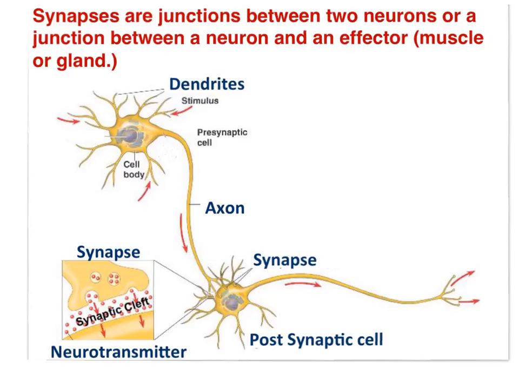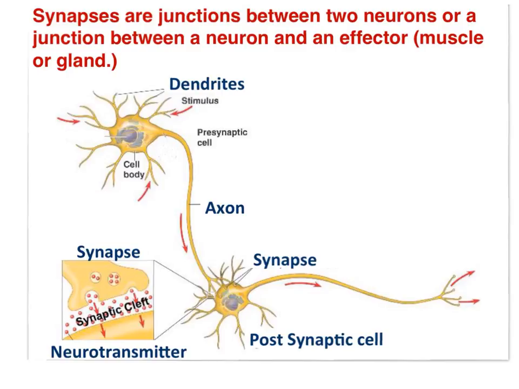So let's turn our attention to synapses. Synapses are junctions between 2 neurons, or a junction between a neuron and an effector. The effector would be a muscle or a gland. In this diagram, the synapse between this neuron and this neuron is right here, and it's expanded, as you can see here. You can see the axon terminal of the presynaptic neuron and the dendrite, which will have receptors on